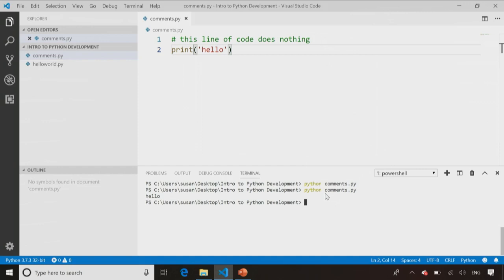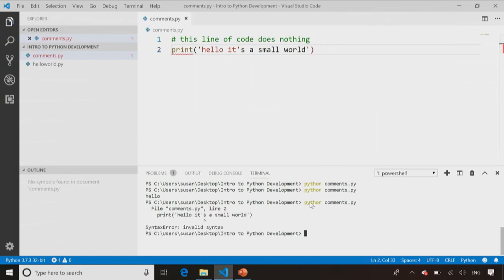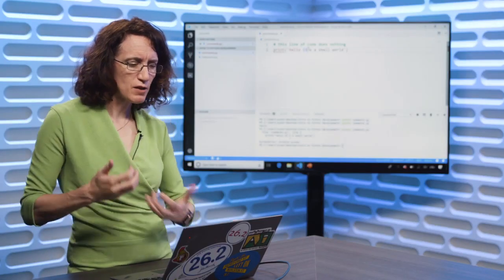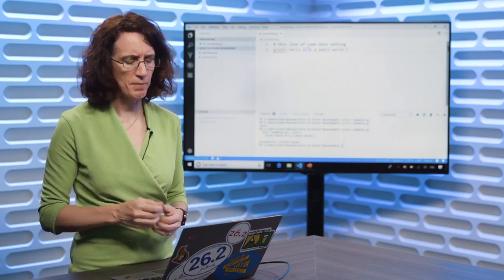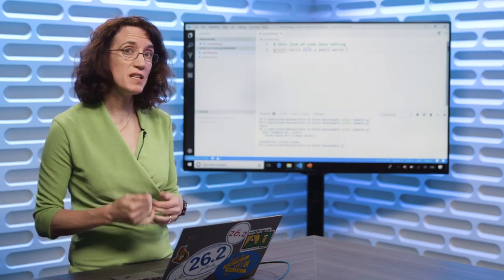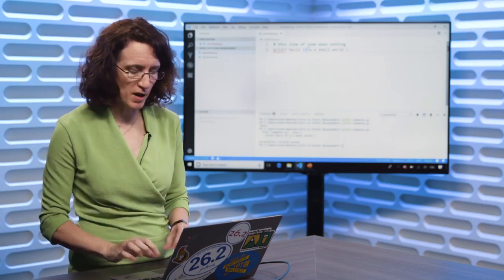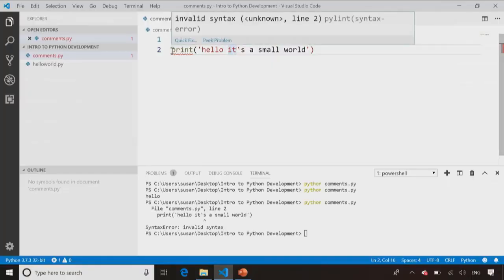We use them to document our code, and sometimes when we have something like an error, so in this case, hello, it's a small world, if I save and run this code, it's going to blow up. It's blowing up because it's contained inside single quotes, and the string itself has a single quote in it. So if this was inside a larger program, I might find myself trying to figure out, wow, which line of code is blowing up? So I might use that technique of commenting out lines of code to help me find the bug. And so by simply putting a pound symbol here,